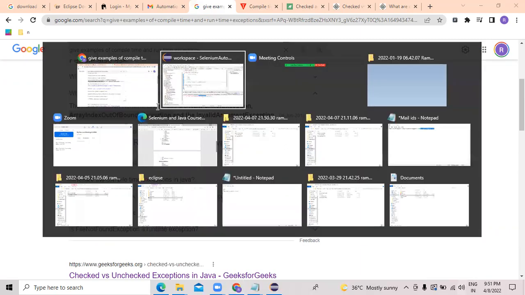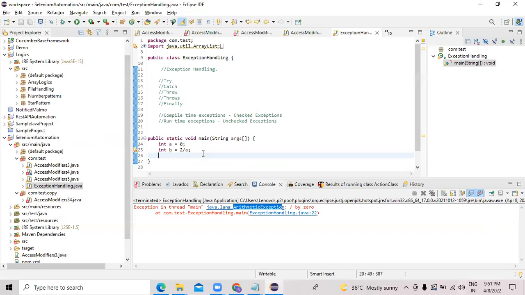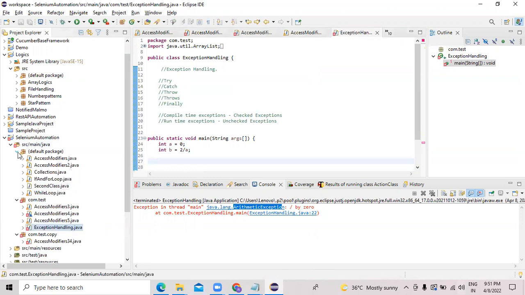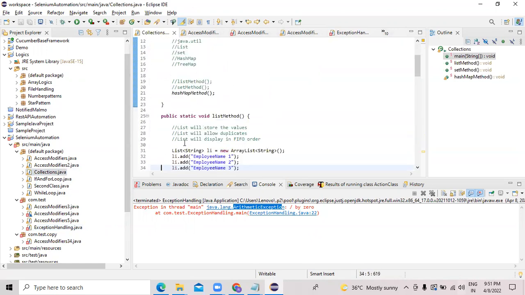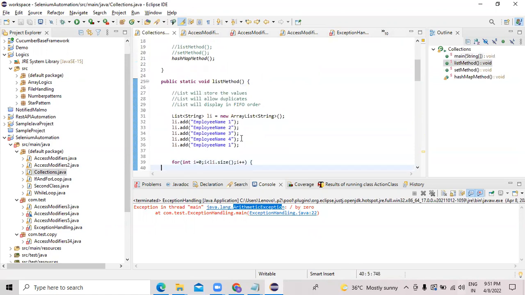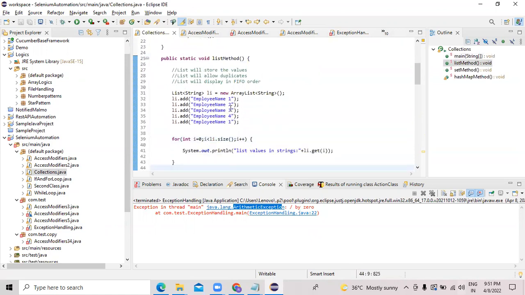So when we have some for loop, for int i equal to 1, I mean, we declared a list, I think. So when you see collections, right? Here we have a list method. The list has only five values. When you declare i equal to 1, i less than or equal to, or maybe i